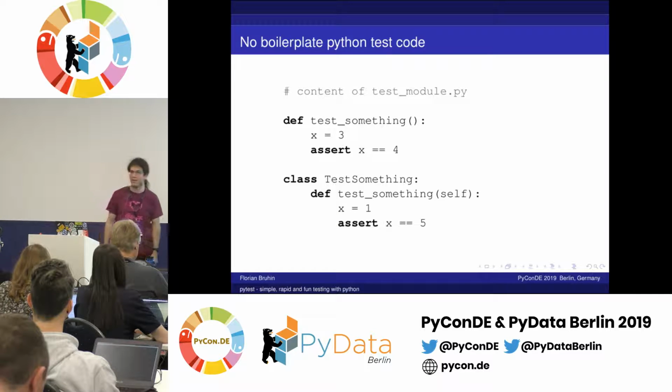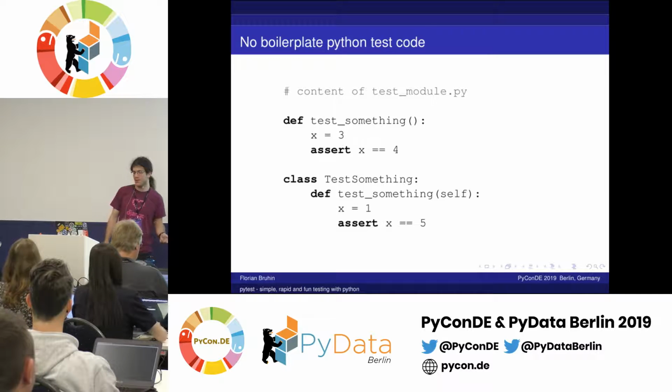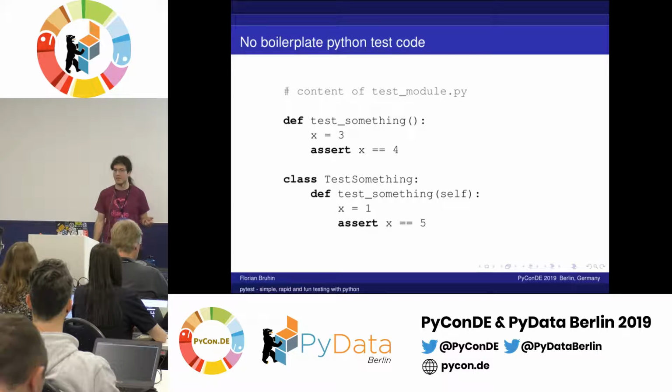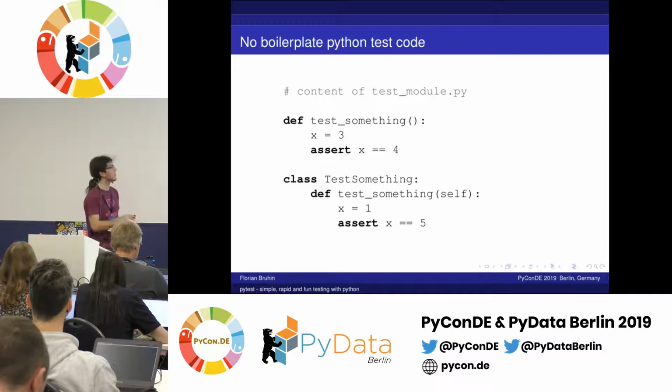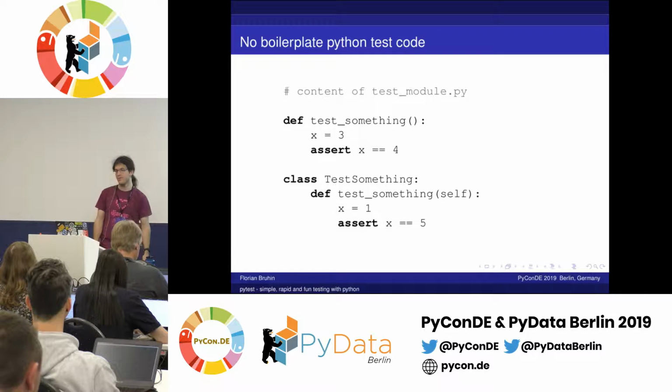So how does that test code look with PyTest? Well, you have a function, you do something in there, and then you just use Python's assert statement to test things. So contrary to the unittest library, there are no things like self.assertEqual or assertLess or whatever.